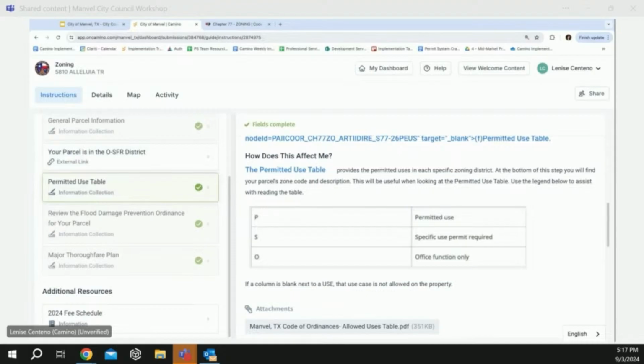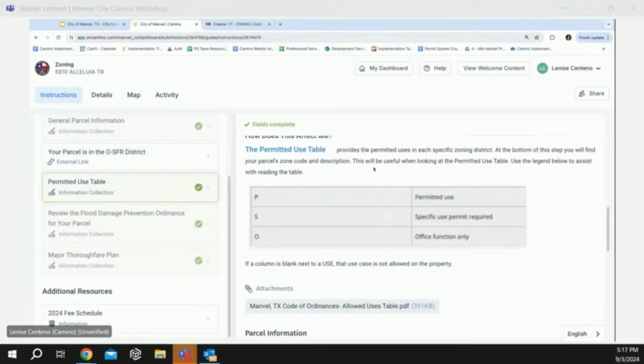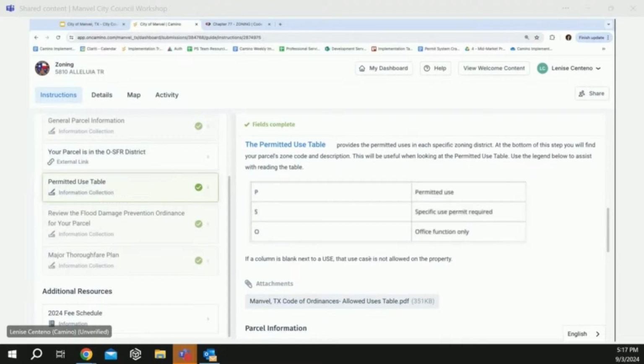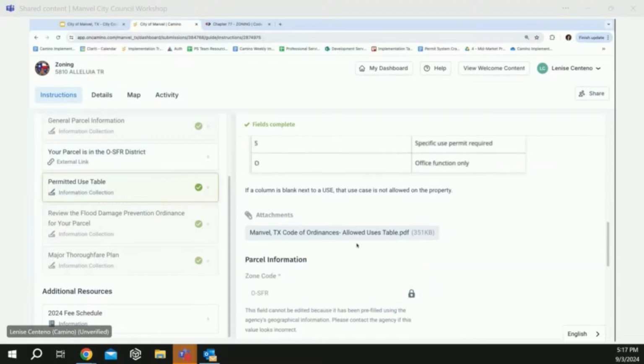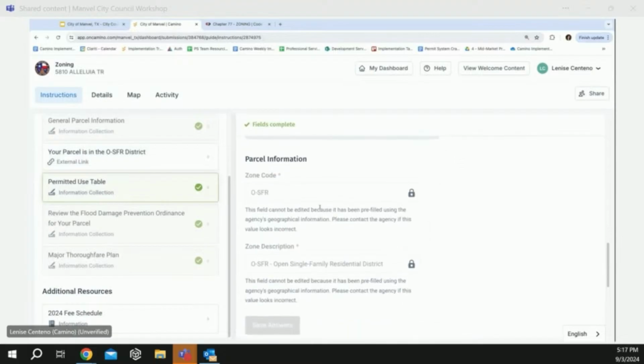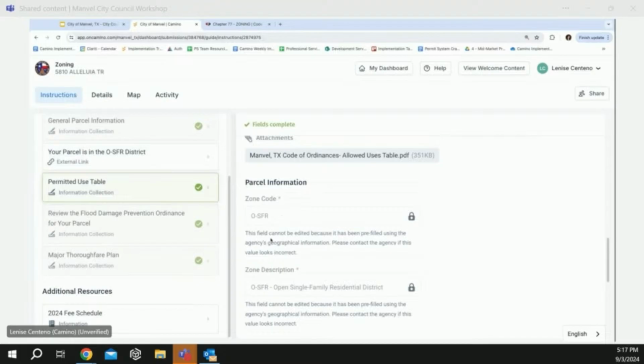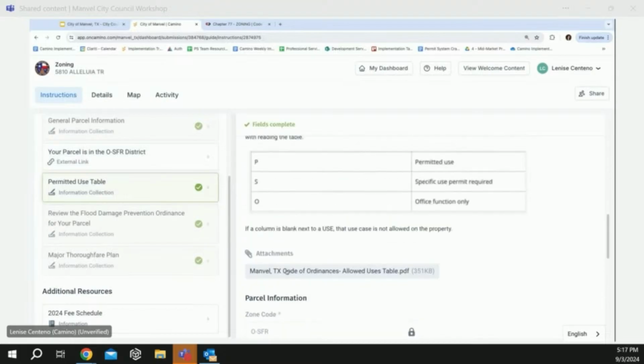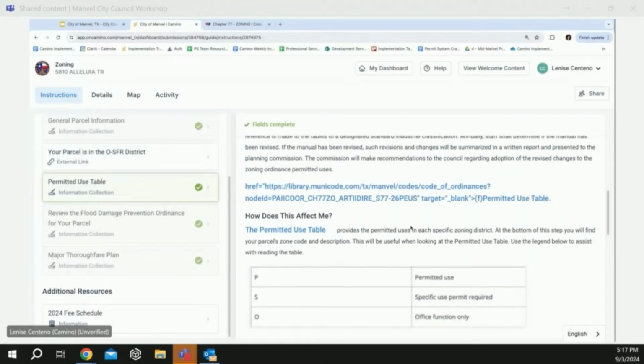This is the purpose of the permitted use table. We've also included additional context for what the legend means, as well as attachments you can have on any step. And again, just as a reminder for them, this is your zone code and this is your zone description. We've included that GIS data as well.